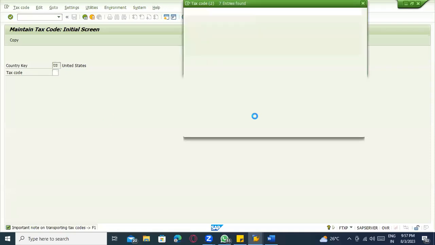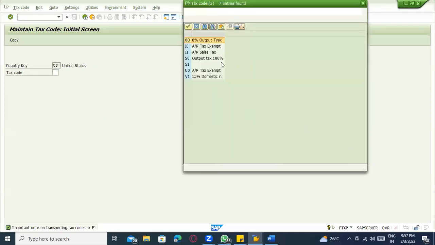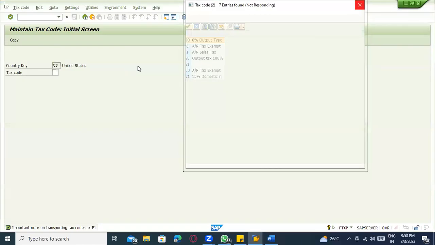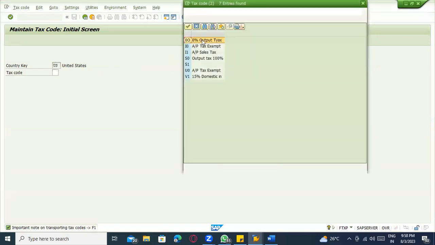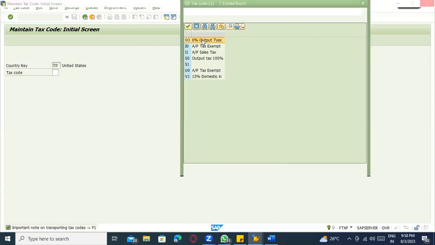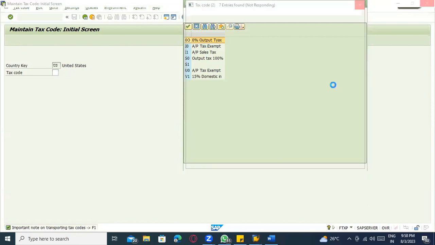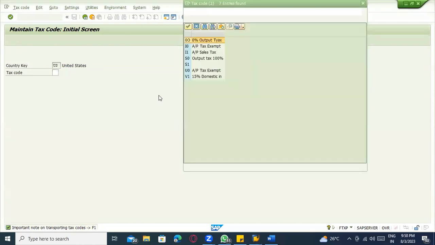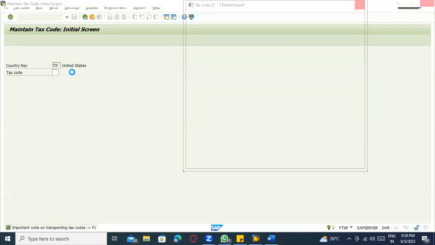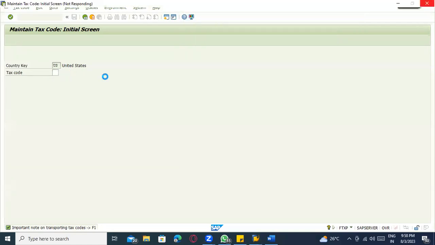This will be taken by FI. If this is a 0% tax code, then they will not maintain any price conditions, because it is 0. They will simply create the tax code and maintain a 0 value for the condition. So this will be taken care of by the finance team, the tax code.